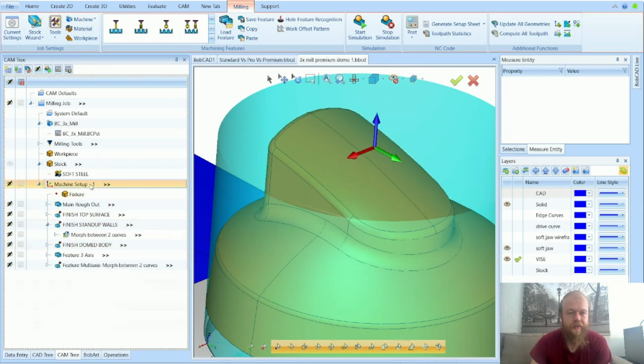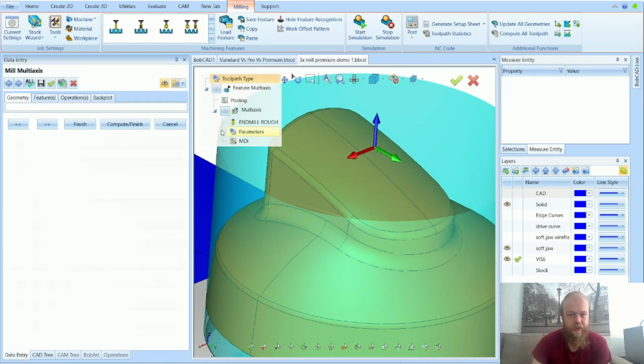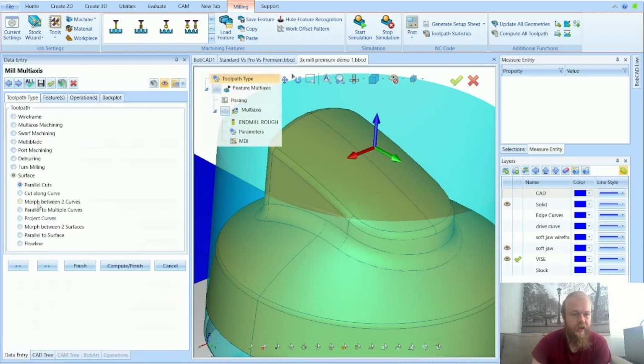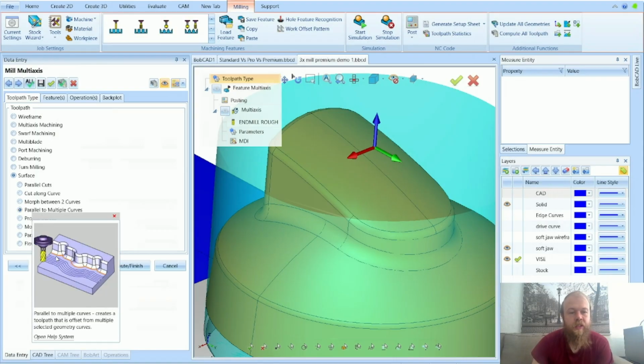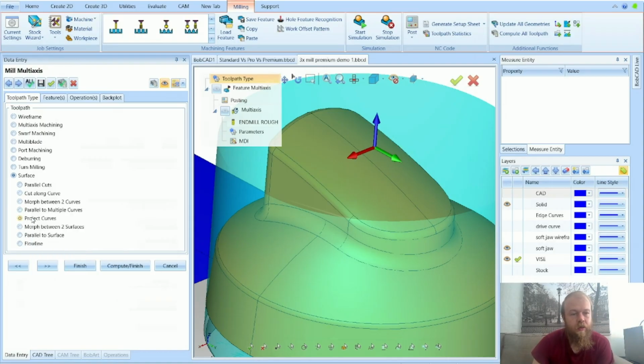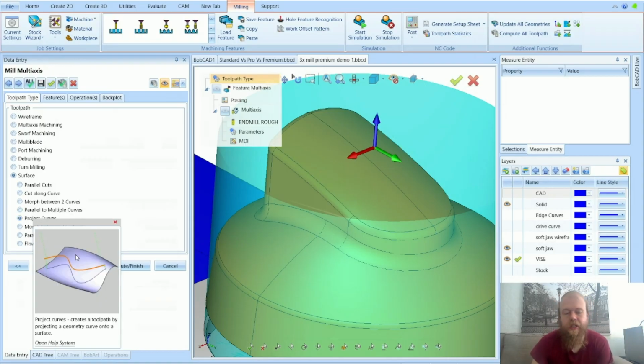What else do we have in the premium toolpaths? We have the next one down, parallel to multiple curves. So we select the edges here in orange, and it will create an array of the toolpath outward like this. Project curves is just like the project curves in 3-axis Pro. You're projecting a 2D shape onto a 3D surface. This is also found in here for 4 and 5-axis, so the tool can stay normal to the surface as